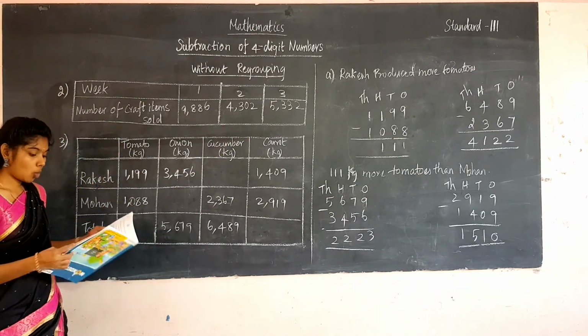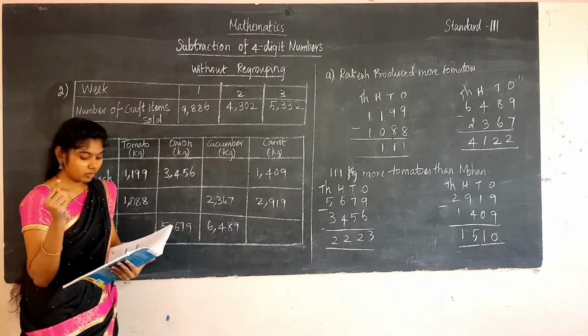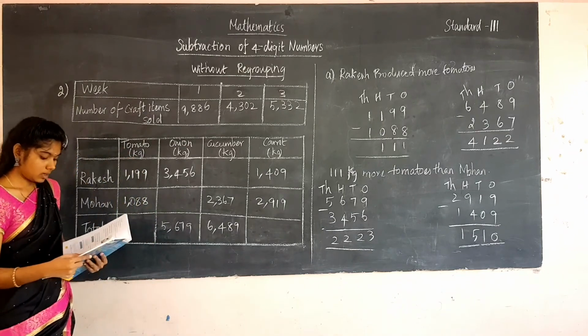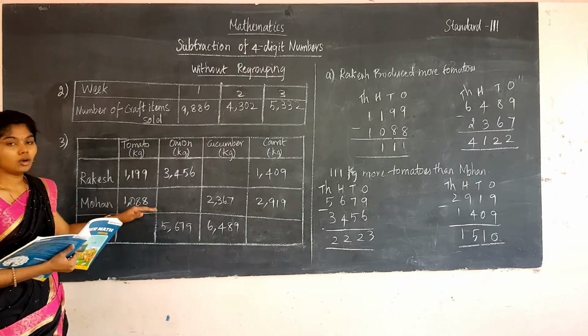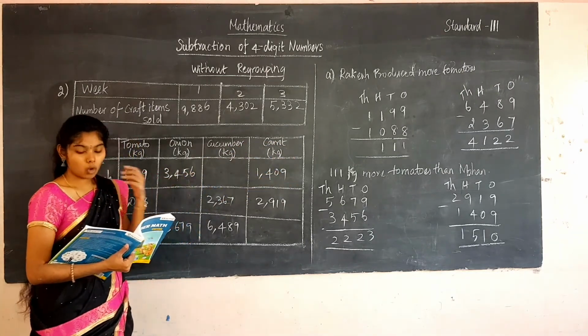So I have given homework for you. In the first question I have given 7 questions, and the second one is homework that I have explained to you. And the third one you do in your maths notebook, and fill the columns that I have given answers for you. So fill in the boxes that are given.